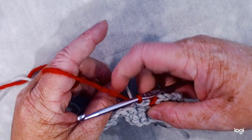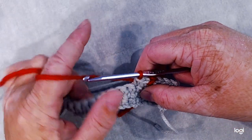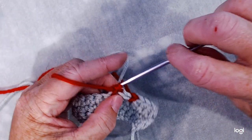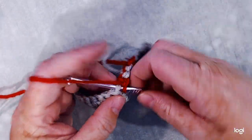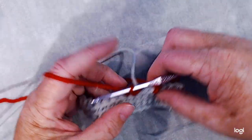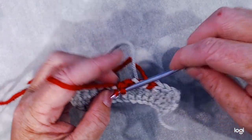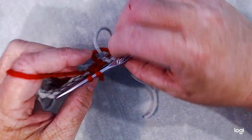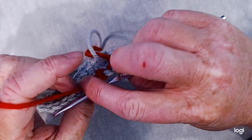Okay, so the old color goes in the back, and then we're going to do 4. So we're going to do 1, 2, 3. Now I like to trap the yarn after every 3 stitches just so that I don't have a long